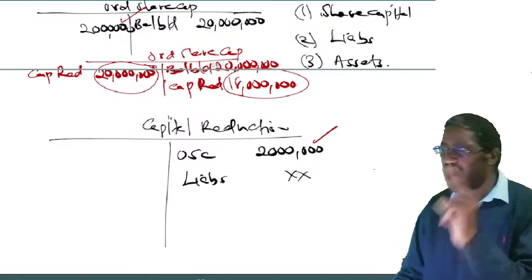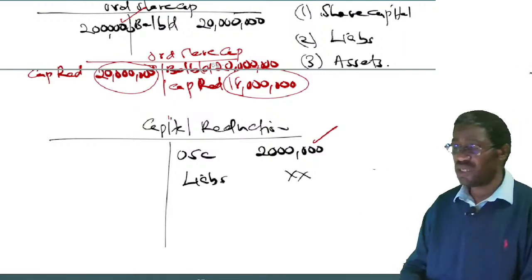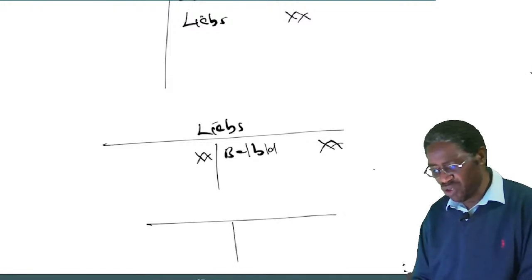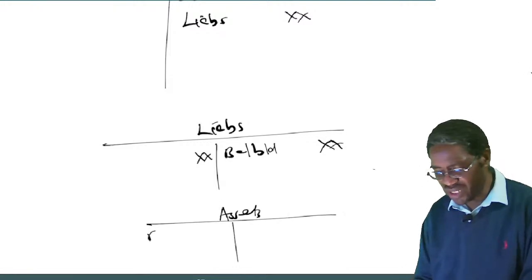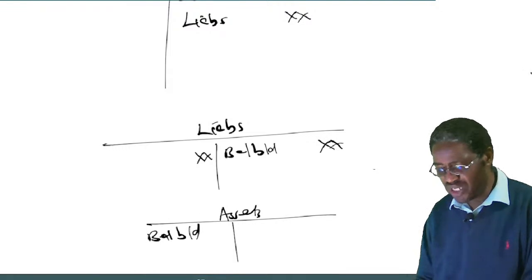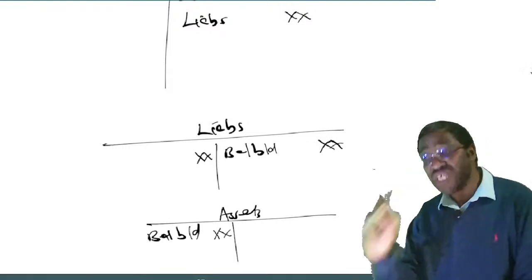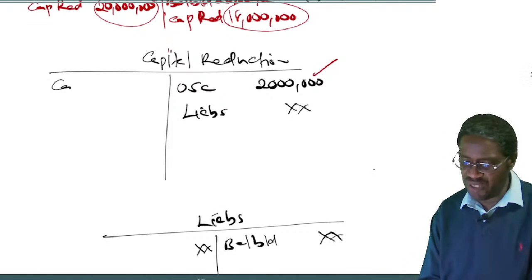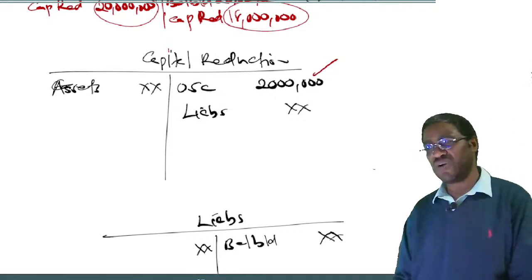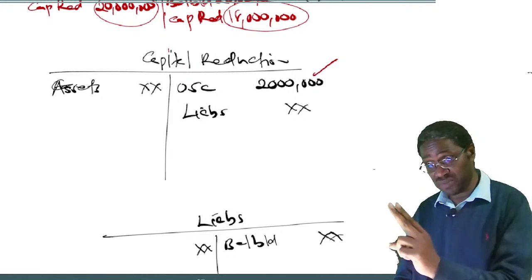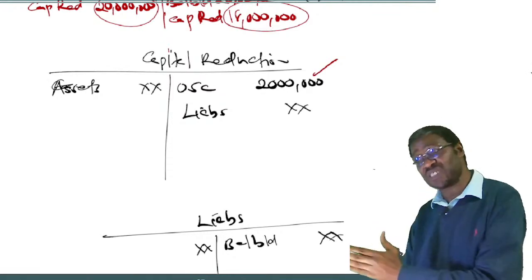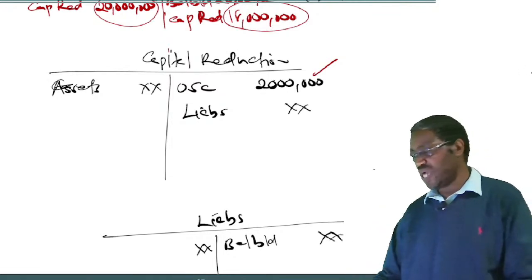you will go and credit the assets. Don't forget, assets are always a debit balance. So whichever the amount or whichever the assets, go to that asset account. It has a balance brought down on the debit, whatever it is. Now you credit that account and you debit capital reduction. With amount written off on assets. That is our entry number three, which says with amount written off on assets, you credit assets and you debit capital reduction.